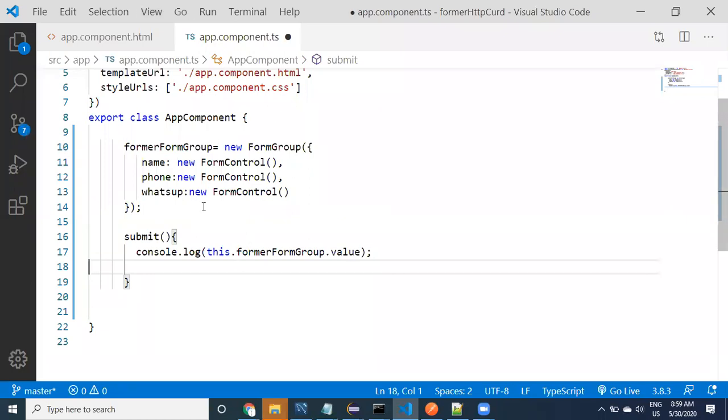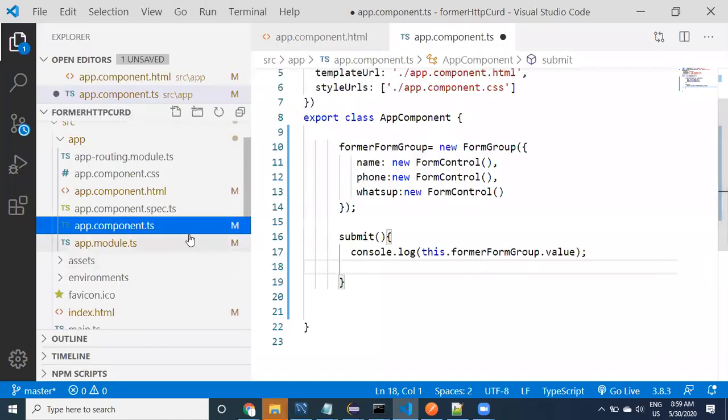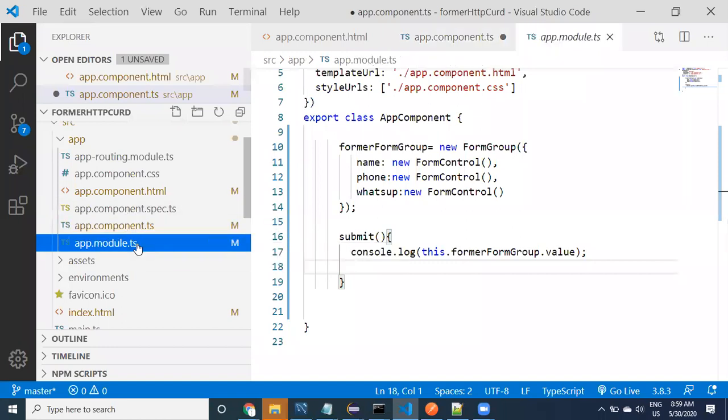I want to use HTTP client. To use HTTP client, we need the HTTP module. To use the HTTP module, we need to install the HTTP package, which we just installed. The next step is importing the module.